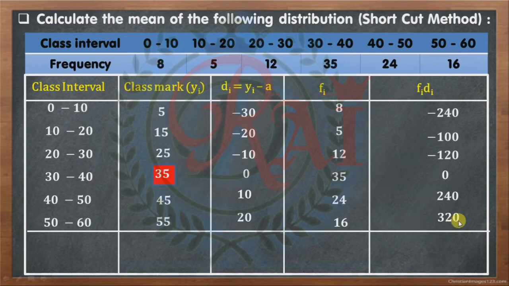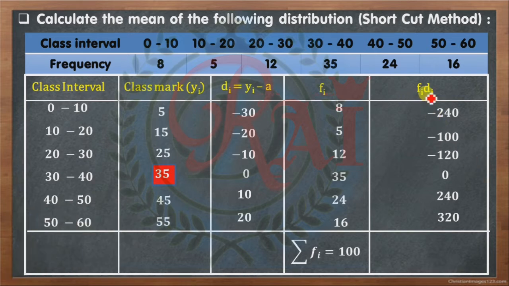20 into 16 is 320. So now we'll take summations of fi. When I add all this frequency, it is equal to 100. Now summations